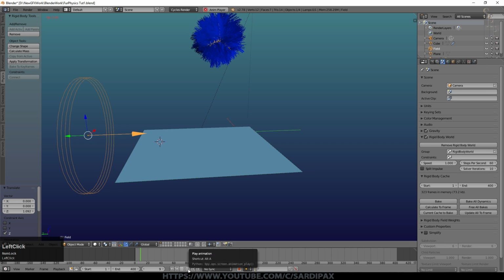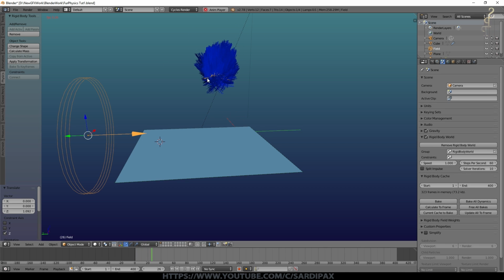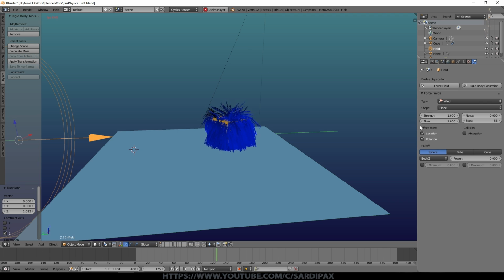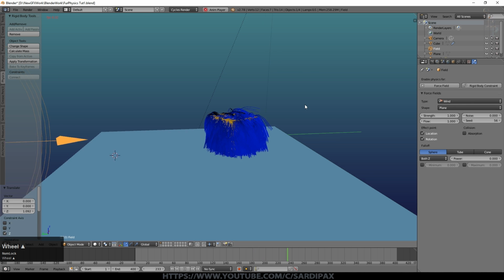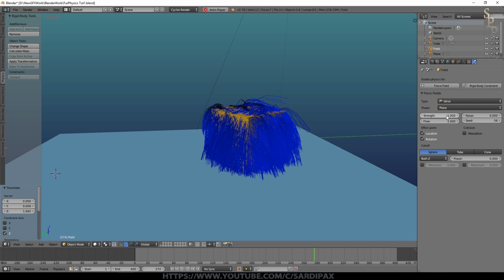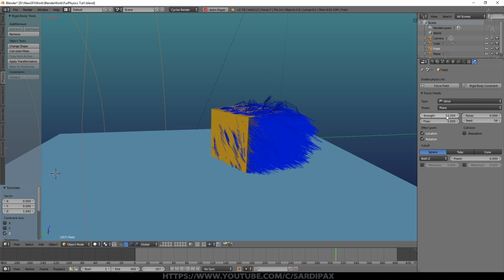So let's just let that animation go again. You can see it's having to re-buffer everything now because we've got this wind force in here. But I think you can already see that the wind isn't really having much of an effect. And that's because it's quite small. So by default, the shape is a plane, the strength is 1, flow 1, and so on. Flow causes particles to follow a path within the wind, especially if it's got noise of some description in it. So you can see the hair's still coming to a stop, so that wind's not doing anything. So while it's still running, let's put this up to 12, which is the value I used. And suddenly you can see it is affecting it. The hair's being blown off to one side.